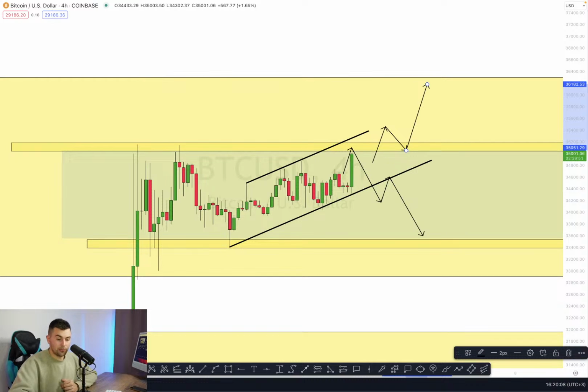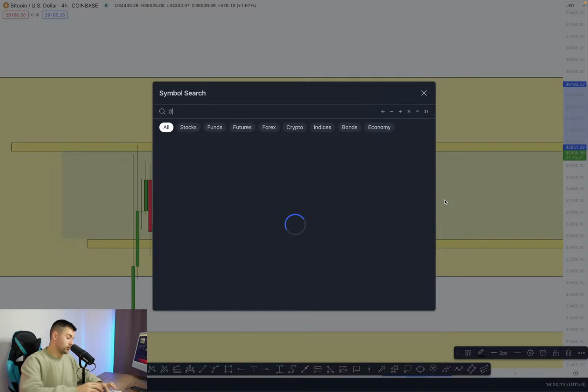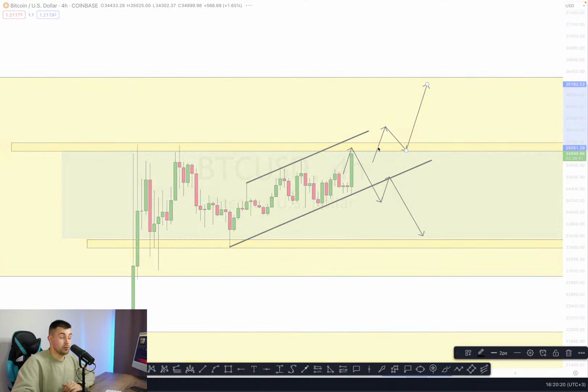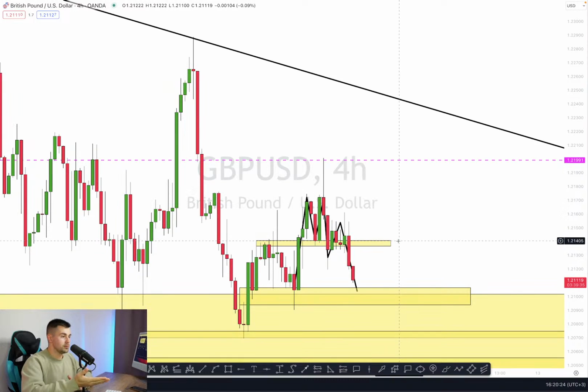Now, back to the charts. So, pound dollar. Dak, we have analyzed pound dollar, by the way. I don't know, brother, where you have been, but we already analyzed the pound dollar pair. Yes, we checked that. So please, brother, check the recording. And by the way, why is TradingView lagging? Why is it so slow?